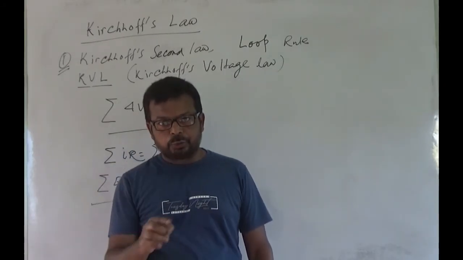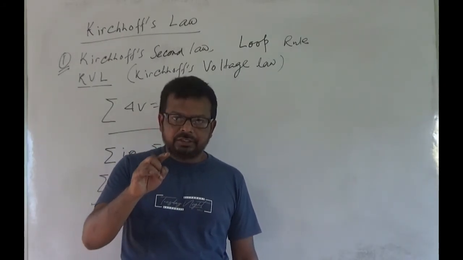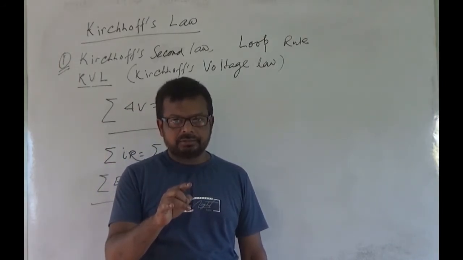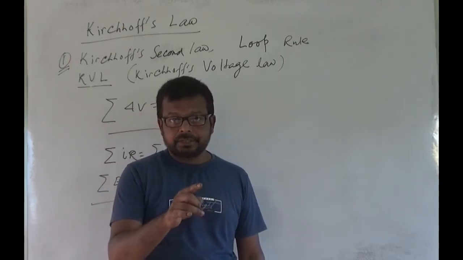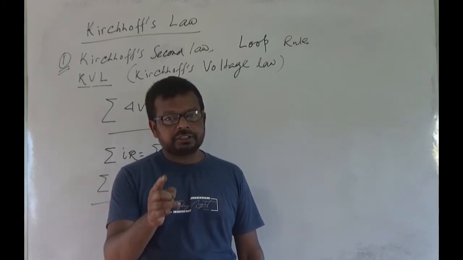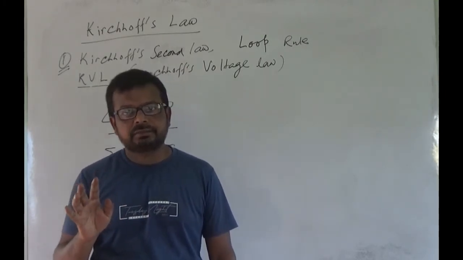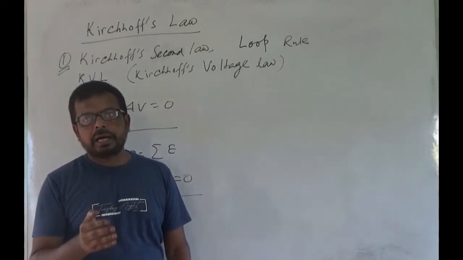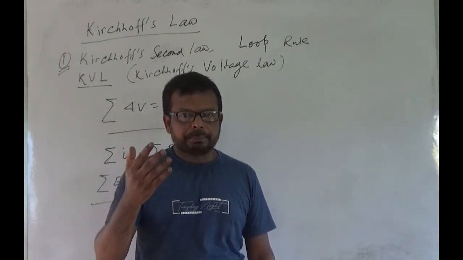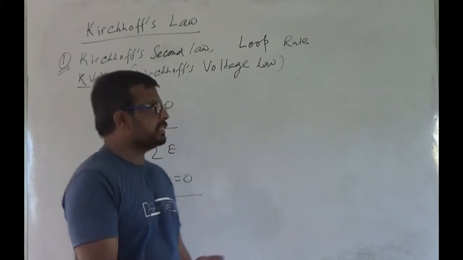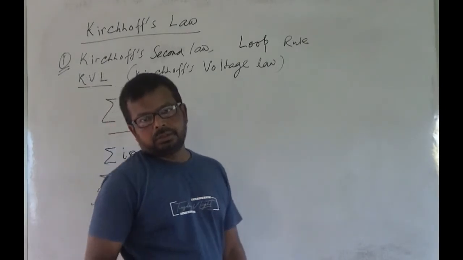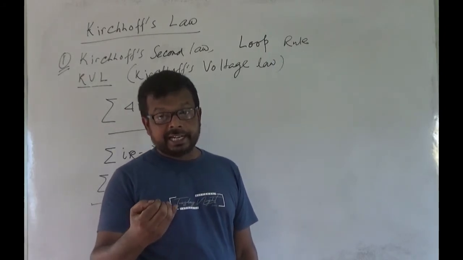In a closed loop, if we go round a closed loop, that means starting from any point and coming back to the same point, then the initial and final point is the same, therefore the potential difference is 0. That means there is no potential change. In a closed loop, we do come back to the starting point, right? Thus, the net change will be 0, and that is the rule. And this rule comes from the conservation of energy.